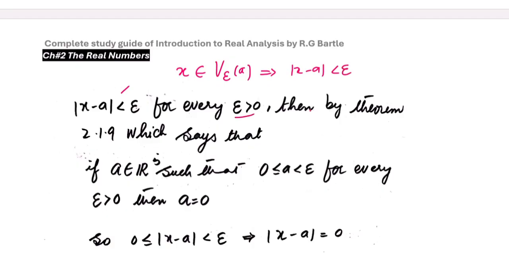Then by theorem 2.1.9, which says if a is any real number such that 0 is less than or equal to a which is less than epsilon, and this inequality holds for every epsilon, this is possible if a is equal to 0. Actually, what does this inequality say? You have to think about which